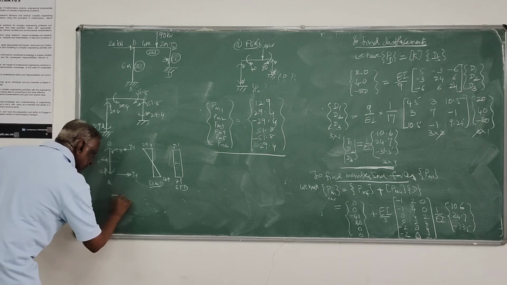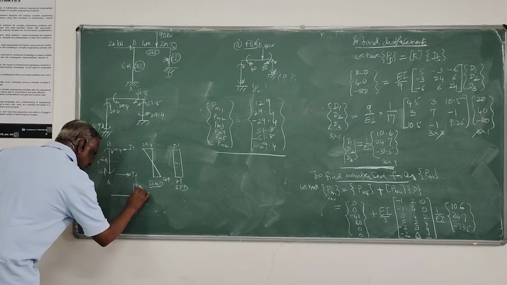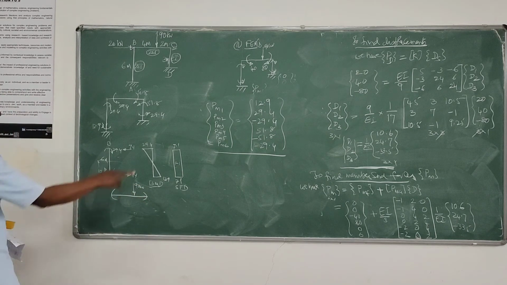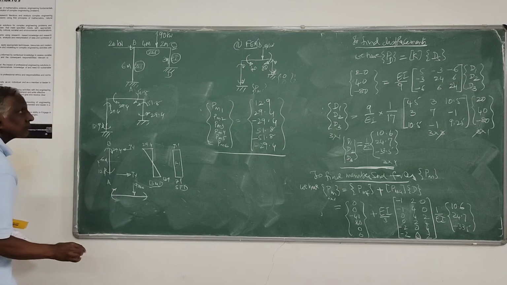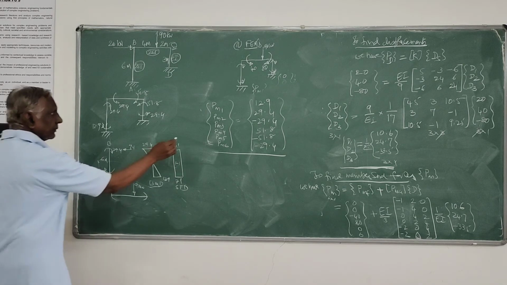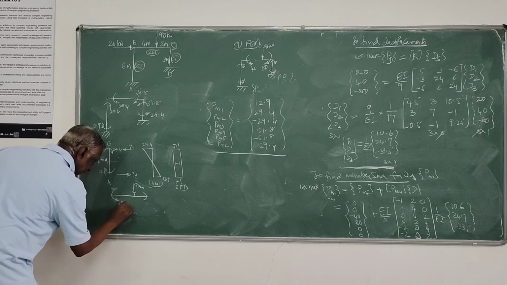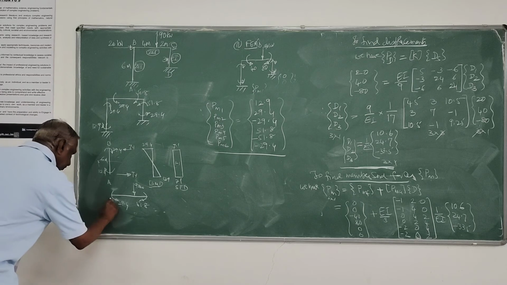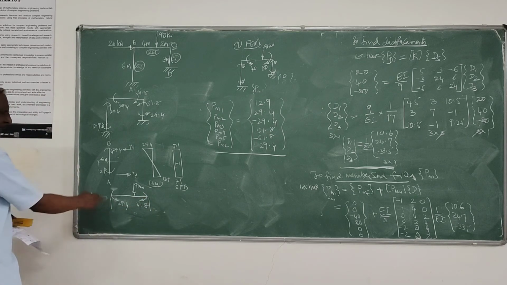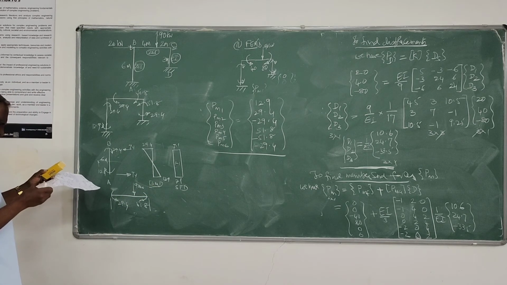Next, for member BC, you have a load here, 90 kilonewtons, and you have end moments, that is PM3, PM4. PM3 is 29.4 anti-clockwise. Then PM4 is 51.8 clockwise. So you can find out the shear forces by taking moment either at the left hand or the right hand. So the shear force, whatever we are able to get, is 26 point